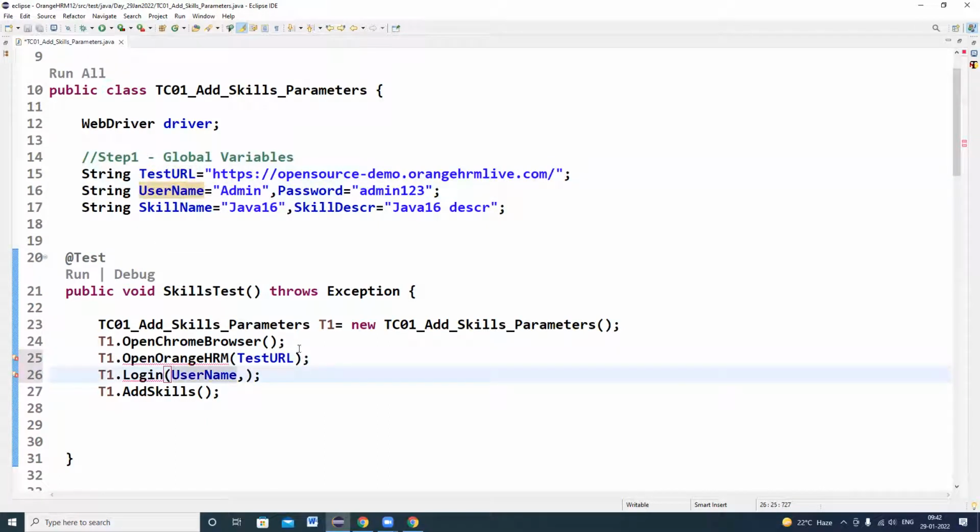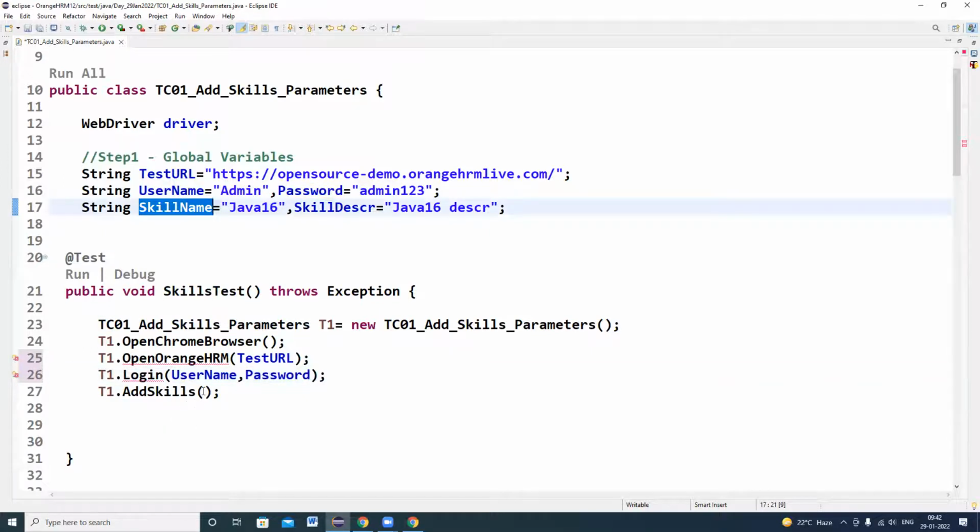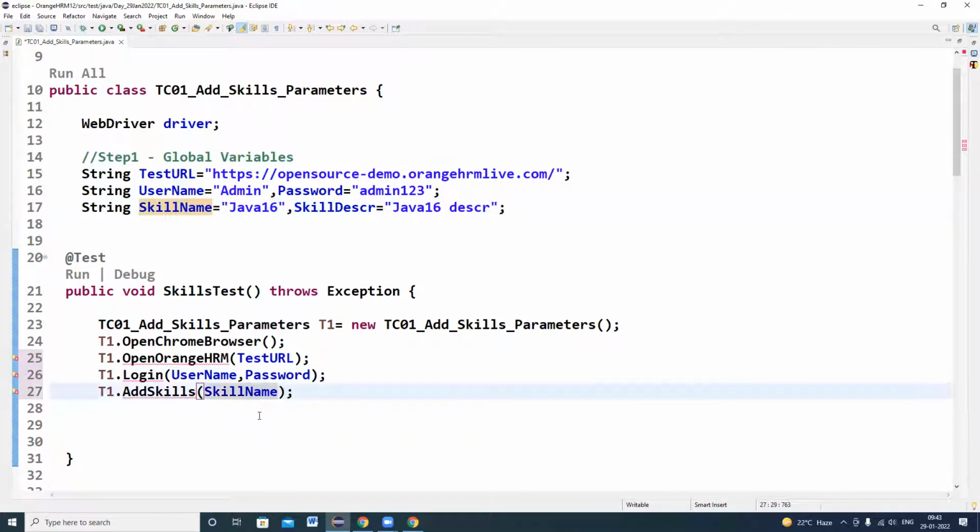So username comma password, and skill name and skill description are required for the add skills method. So this is step 2.